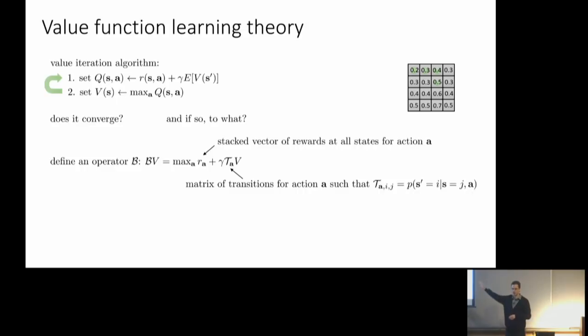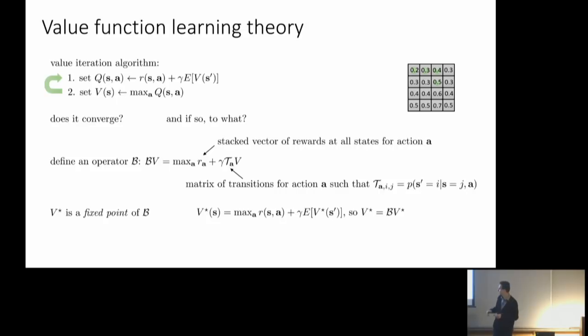Does everybody understand the Bellman backup operator? Any questions about it? Okay, good. So this is the only bit of fanciness here, actually. And then what you can show is that the optimal value function, V star, is a fixed point of B. What does it mean for it to be a fixed point of B? It means that if you apply B to it, you get the same thing back.